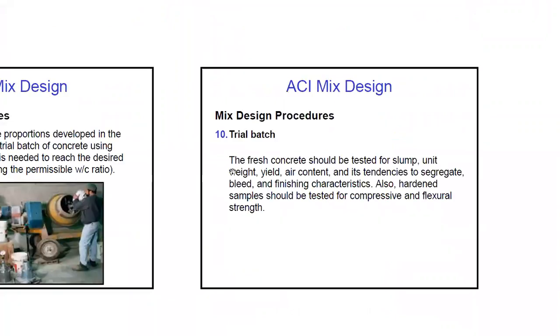The next thing is trial batching. The fresh concrete should be tested for slump, unit weight, yield, air content, and its tendencies to segregate, bleeding, and finishing characteristics. Also, hardened samples should be tested for compressive and flexural strengths. Okay, so the next phases are all about testing of the concrete for their air content, for the unit weight,